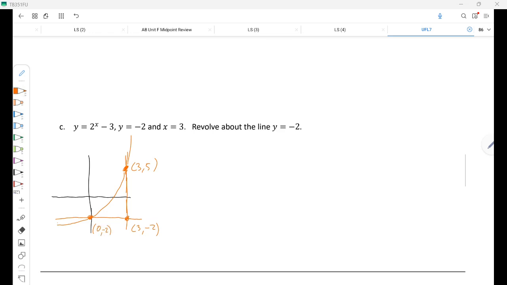Okay. So again, we are rotating about that line. So we are trying to make a shape that loosely looks like a cone, except it's got a very curvy side instead of a straight diagonal side. Any given disk here would look like this. And its radius, I feel like this is really similar to our last one. Its radius would be